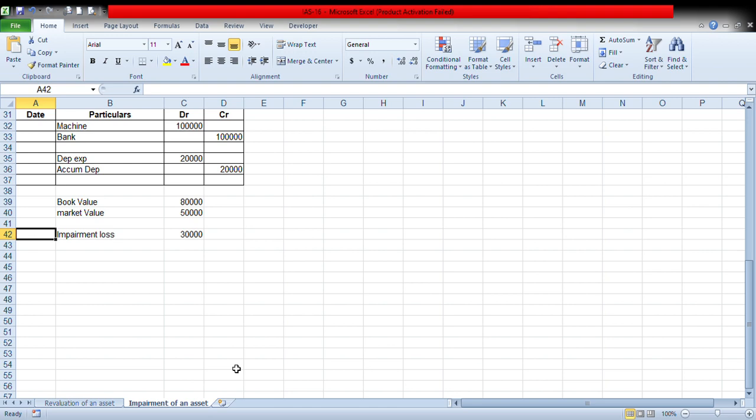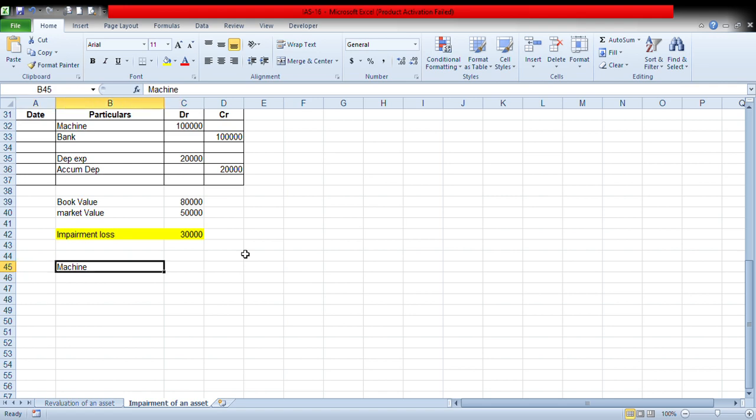Ladies and gentlemen, understand, this is our impairment loss. Let me highlight it. So we have just identified our impairment loss. Now let's make the adjustment. After the impairment loss, we need to calculate the new book value. So market value is our 15,000. Now the machine is going to be